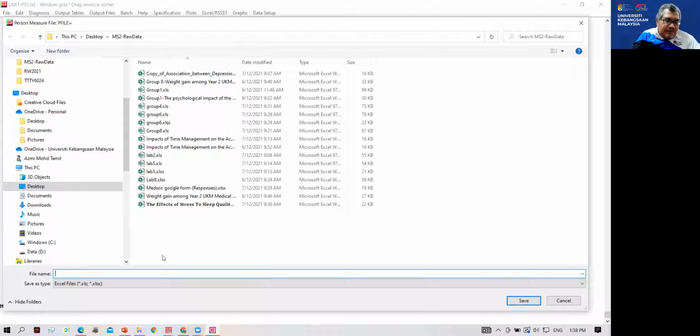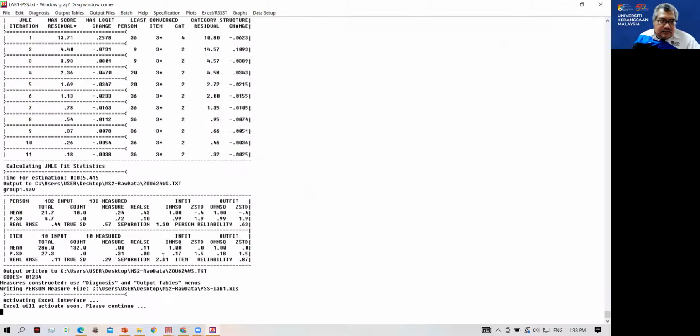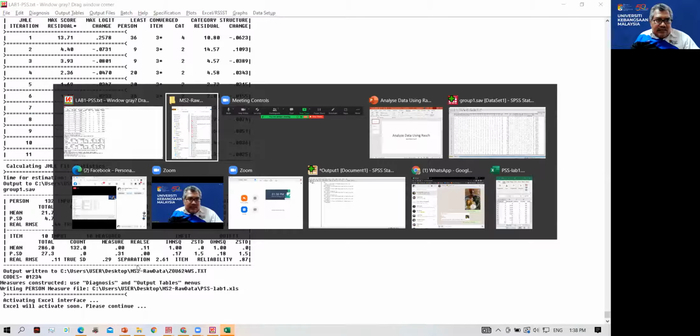Okay, I'm going to put the name PSS Lab 1. Okay, then the Excel file will be triggered. Right now I've got 3 screens. I do not know where it is going to be triggered. I have a feeling it's going to be triggered underneath somewhere else.